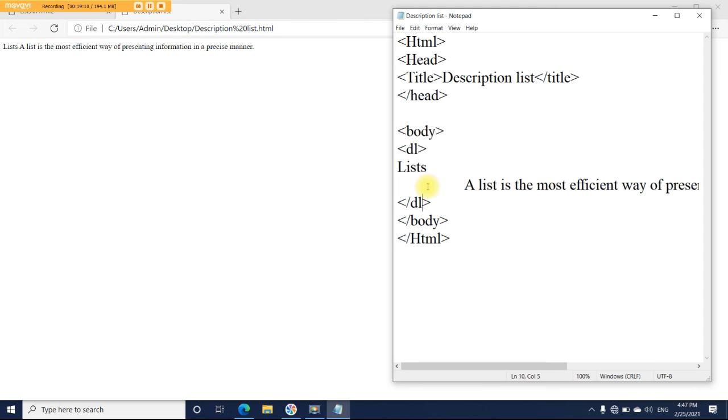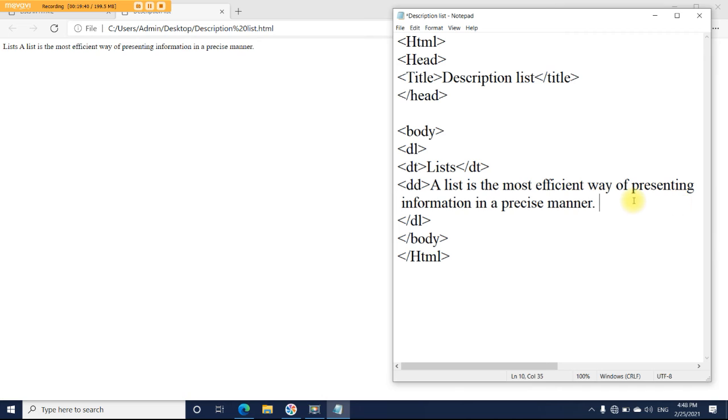So what to do? Now inside the description list, keep in mind you have to add two tags, that is the definition term DT tag. Close the DT. DT is only for the definition term, that is the definition heading, and we are going to add the DD tag, the definition data tag, for the description.